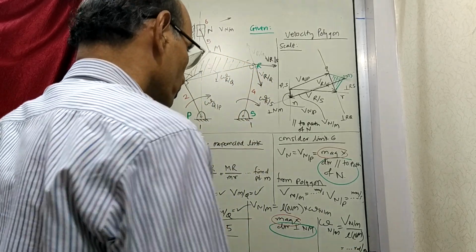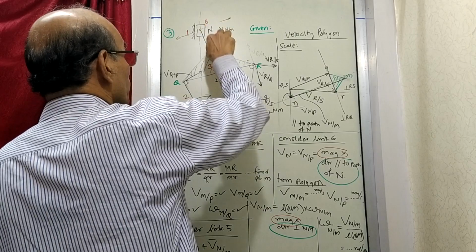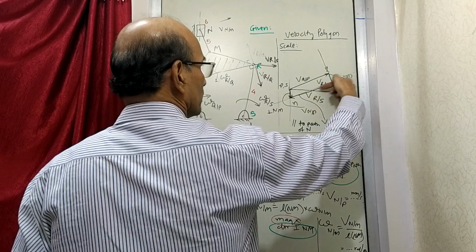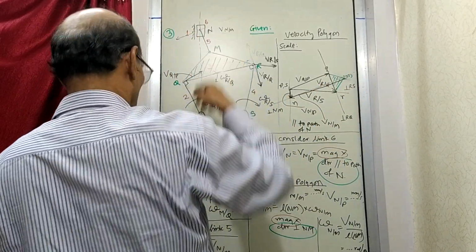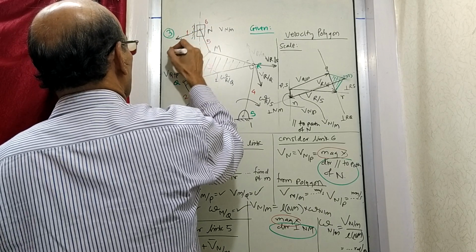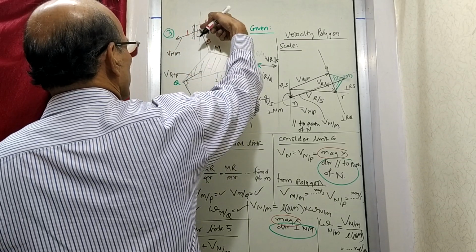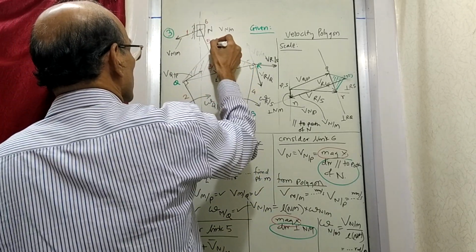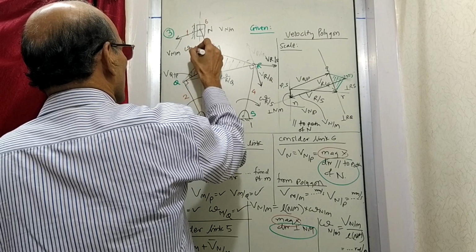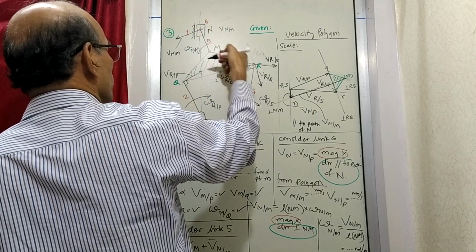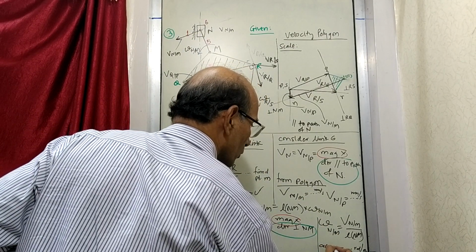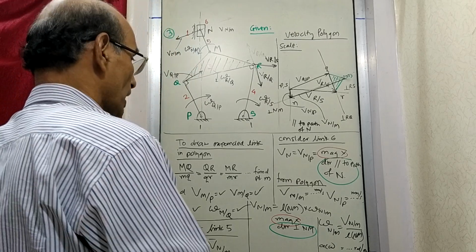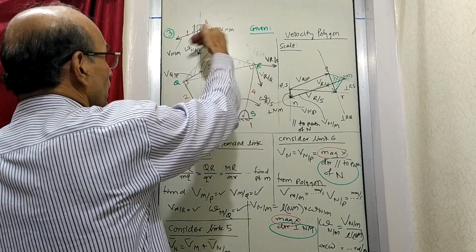And what is the direction now? For getting the direction of angular velocity of N with respect to M, we have to draw the vector N with respect to M, which you must have now got here. This is N with respect to M, and this is the direction. So N will appear to move in this direction. If that is the case, then the angular velocity will be like this. Angular velocity of N with respect to M will be this way. So this is anti-clockwise, ACW. We'll write it ACW, anti-clockwise. So the angular velocity of N with respect to M is going to be anti-clockwise like this.